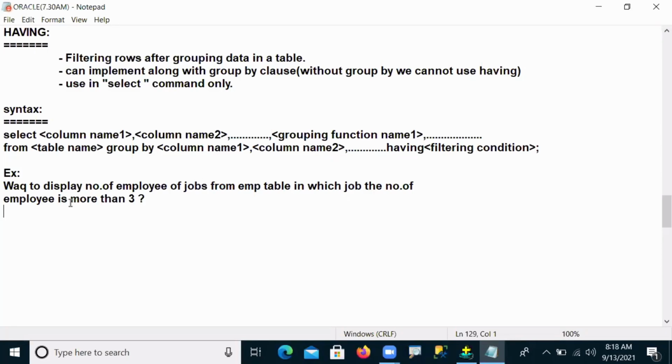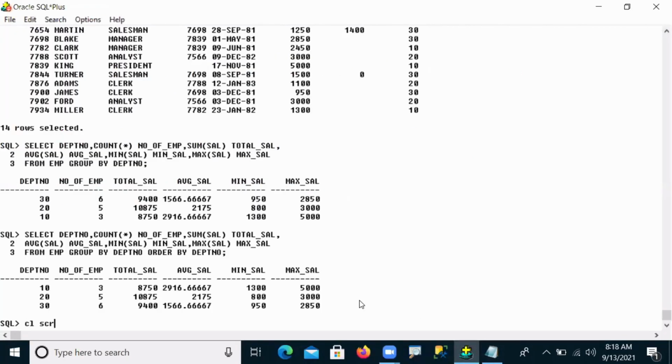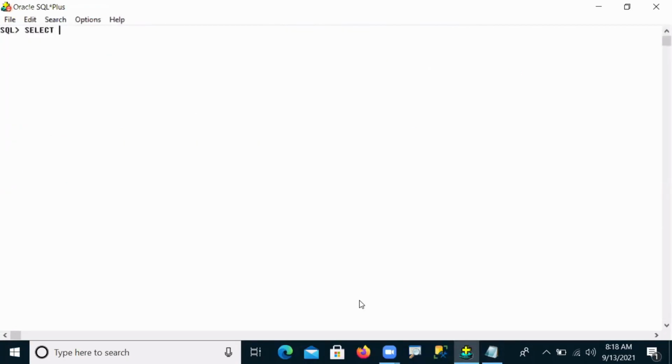How can we find that out? By using the GROUP BY clause. So first I need to use a GROUP BY clause. Let me come back here. So now I'm writing: select job and count of